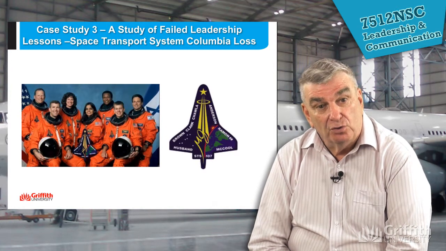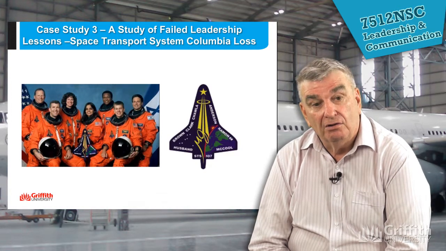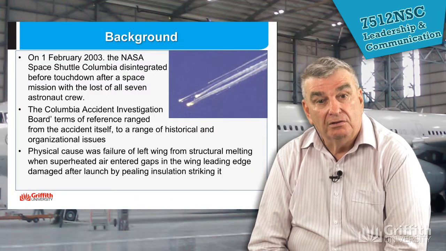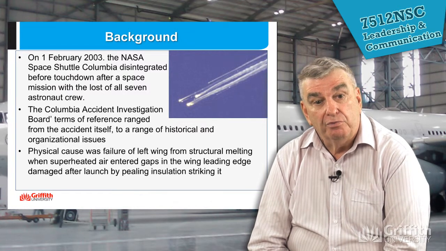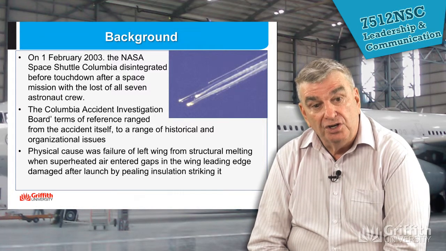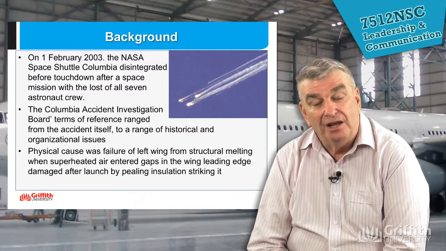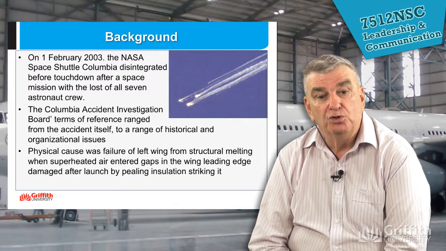Some of the problems that caused the space shuttle disaster, the loss of the space shuttle Columbia, years onwards. And again, what happened was that on the 1st of February 2003, Columbia broke up re-entering Earth, with the loss of all 7 astronauts. The investigation looked at not only the technical aspects but the leadership aspects, and again they found that the problem was a leadership one, even though it was caused by